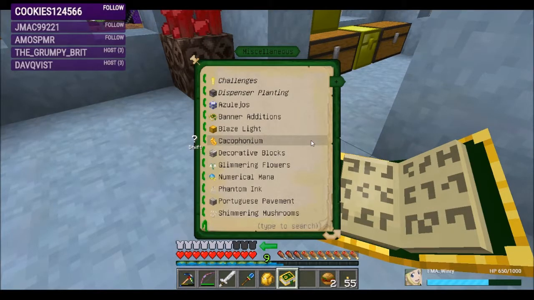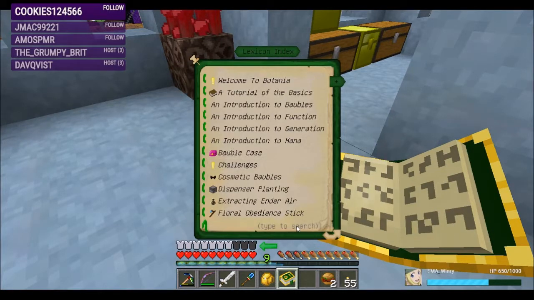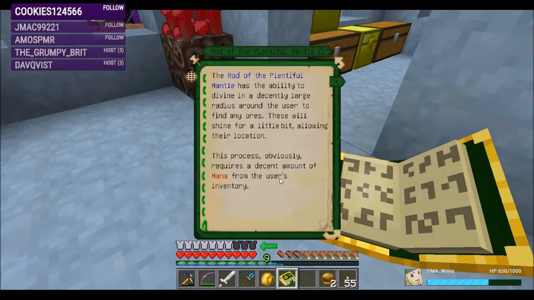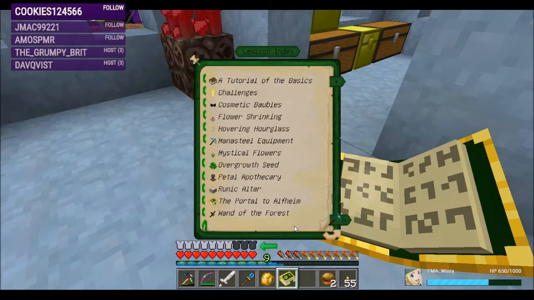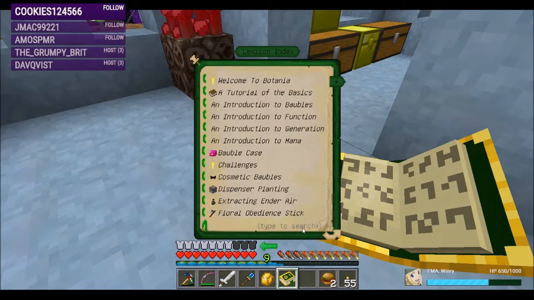There is a rod. Yeah, what's it called? Rod. Nope. That is the one that helps you find ores. Highlands? I might not have access to the Rod of the Highlands until I open the...